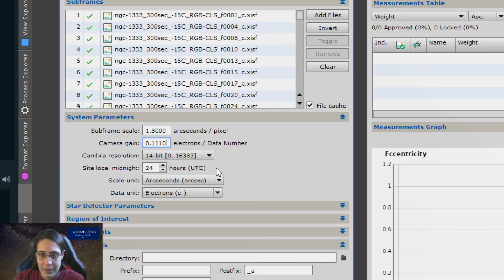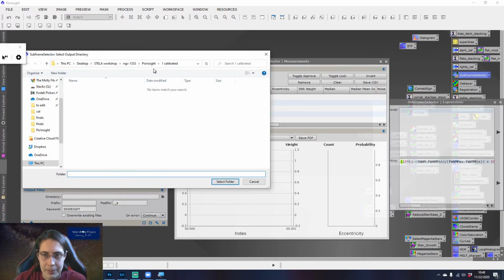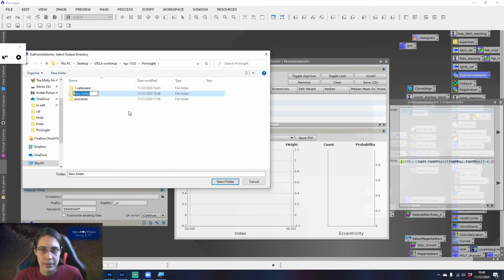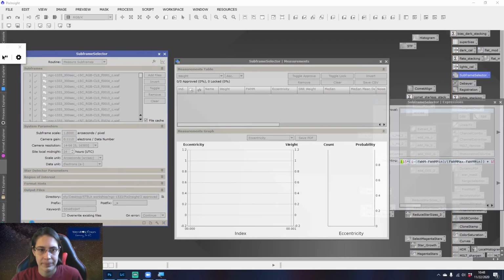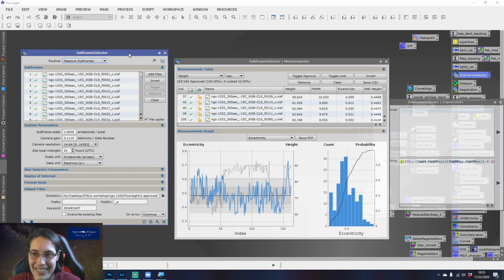Then I choose where I'm going to output my files to. I'm going to make a folder called 2, approved, and put them there. And for routine, we're going to measure the subframes and hit go. Okay, so on